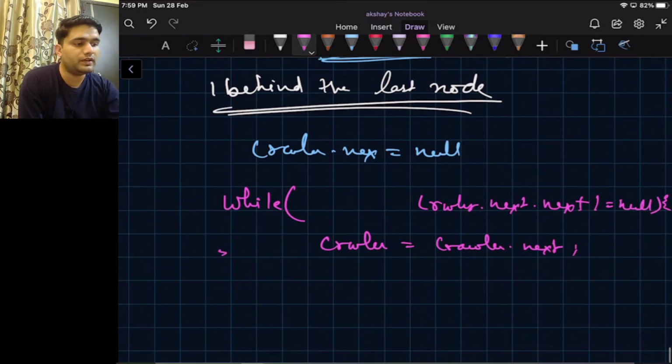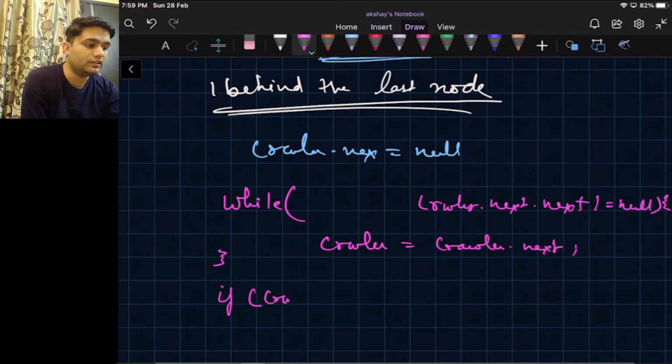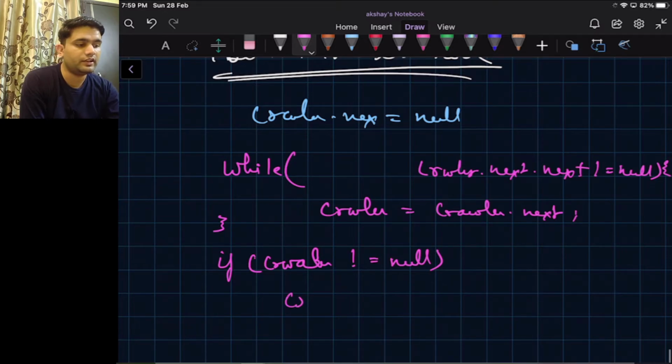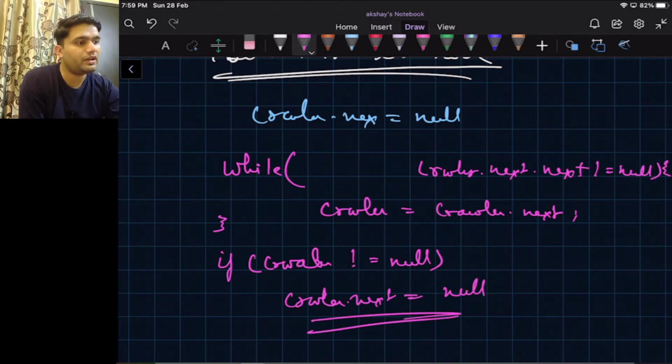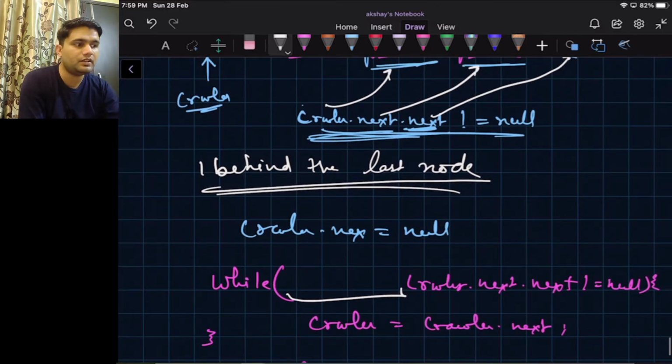After this loop ends, if the crawler is not null, there may be a case when the crawler becomes null, so we can say, hey crawler, your next is null. I have left some space here because there may be a condition when this next pointer is null.